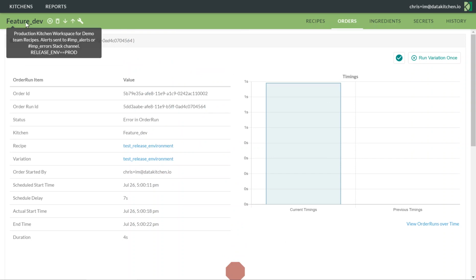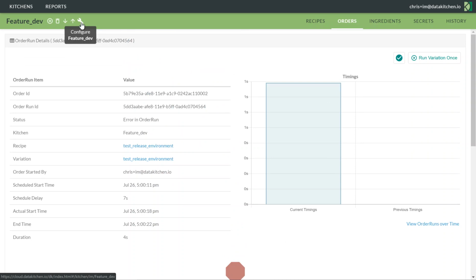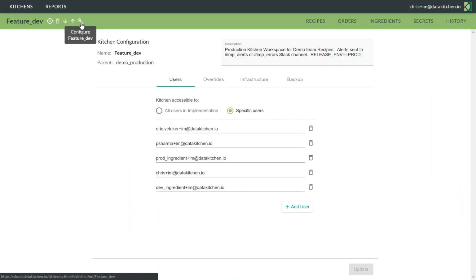And to do that, I've got to go into my kitchen. It's on the upper left, and I've got to hit this little wrench here to configure it. And I've got some things I have to configure. So the first thing I have to do is add the user. I've had to add noprod into